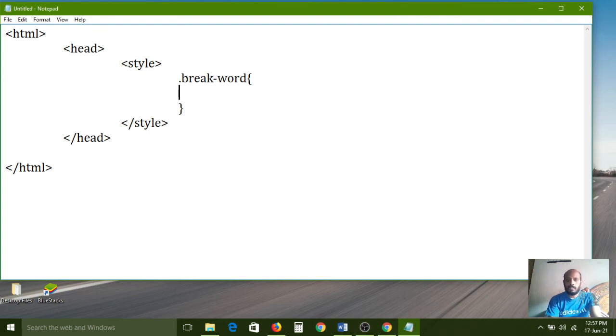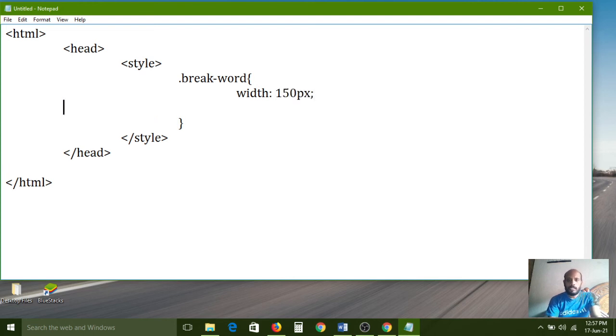So here width colon 150 pixels, border 1 pixel solid blue.